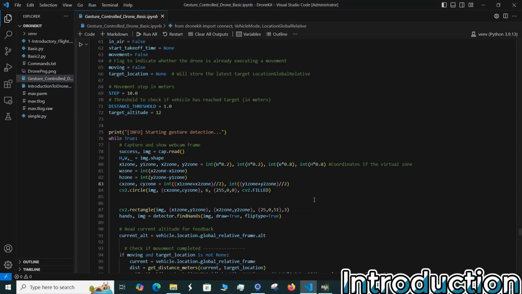In this project I'm going to show you how you can control your drone using hand gestures based on computer vision. For this part of the project I will be limited to the simulation only, but in one of the later videos I will show you how you can upload the entire code on single board flight computers like Raspberry Pi and then connect with your flight controller, which in my case is the RadioLink SpeakSock, and then control your drone using your hand gesture from the ground station by using telemetry over Wi-Fi